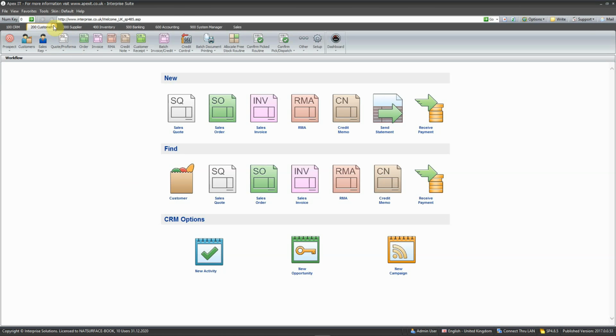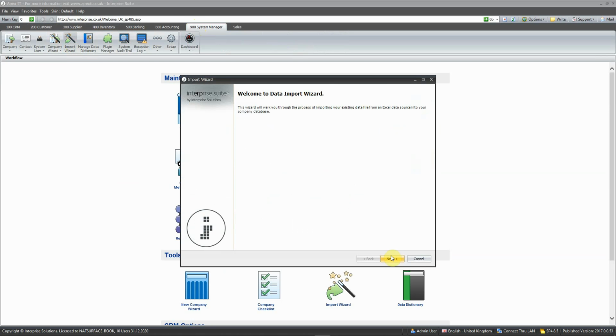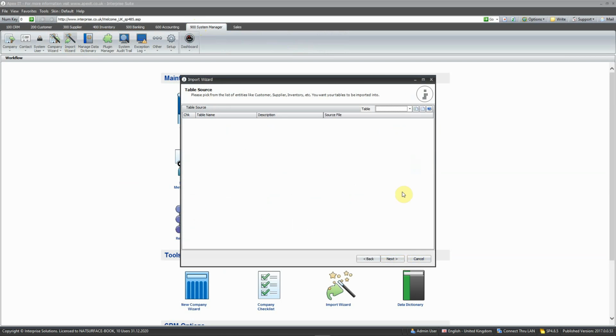We're going to go into System Manager and Import Wizard. We click Next, and up here if we pick the table and pick Customer, we can see here Customers. So what we can actually do is if we just do Create Template,